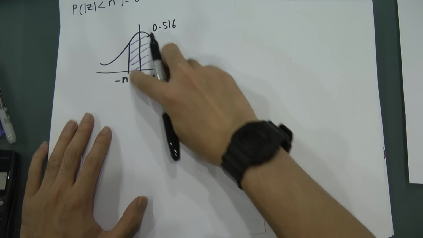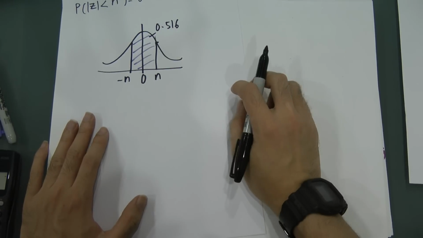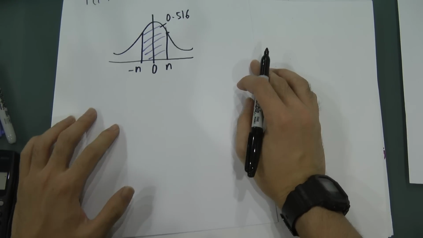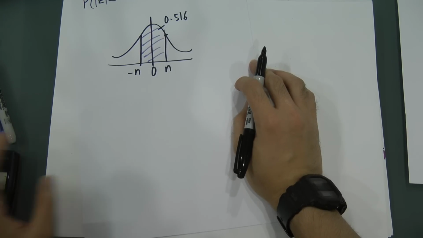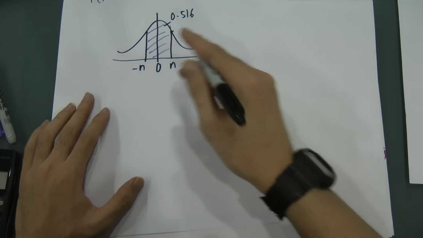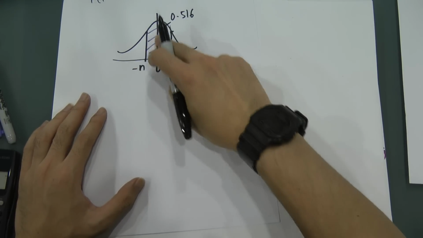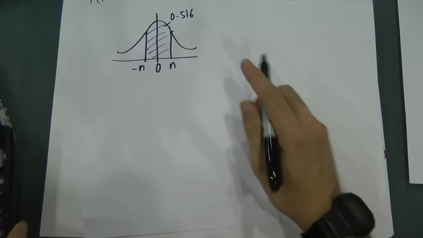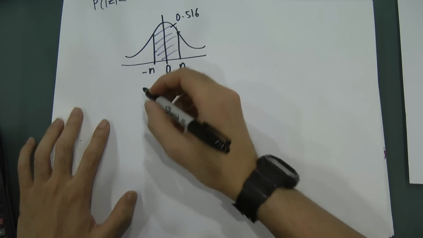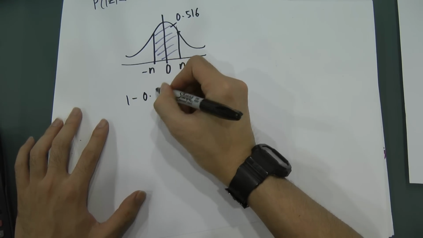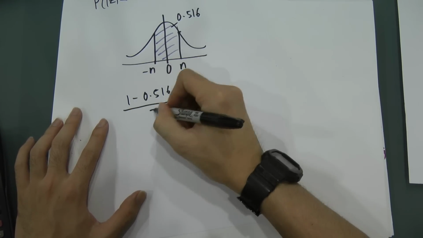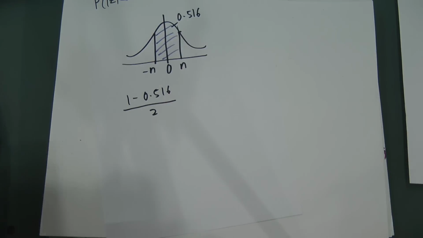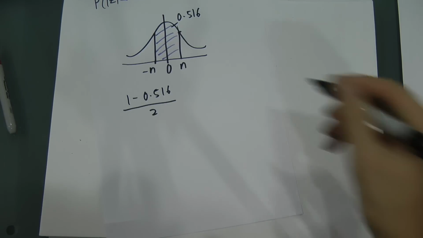Because the whole thing is 0.516, I use 1 minus this one, then I can get the total of these two areas, and then I divide by 2. So I use 1 minus 0.516, and then divide by 2, then I can get this area. So 1 minus 0.516, and then divided by 2, I will get